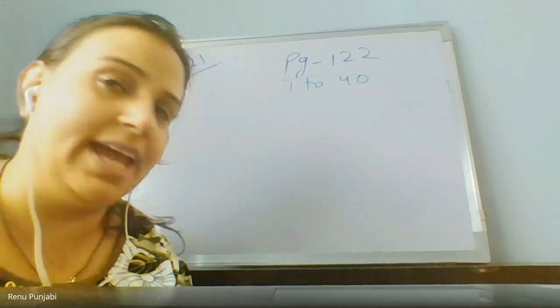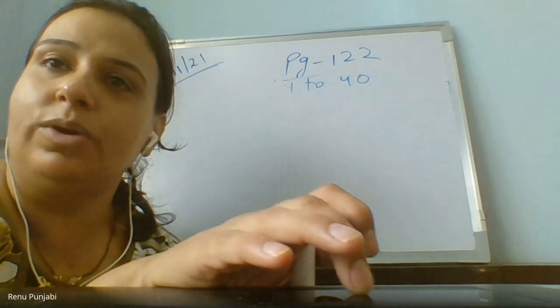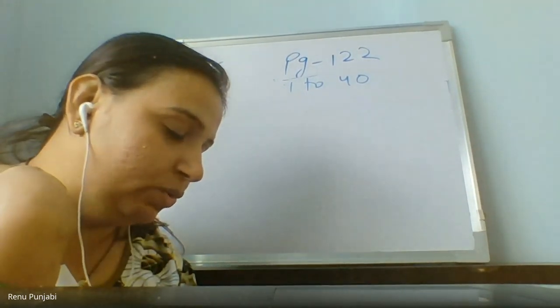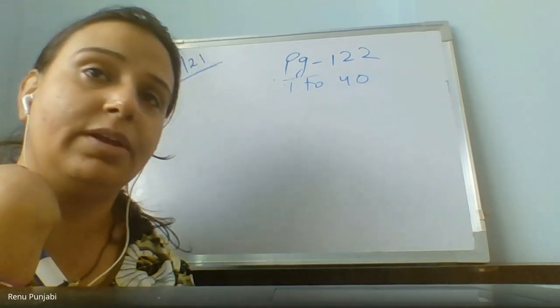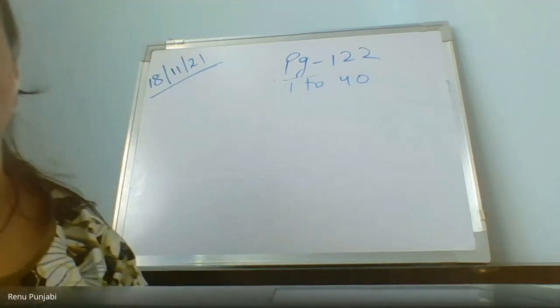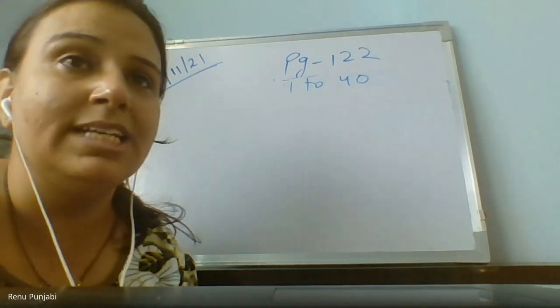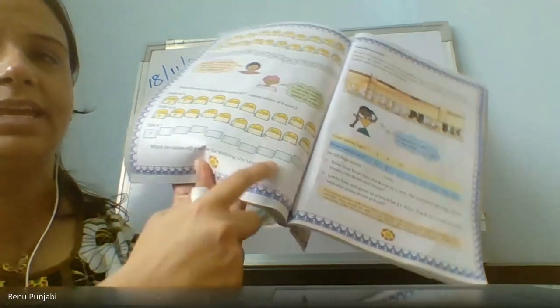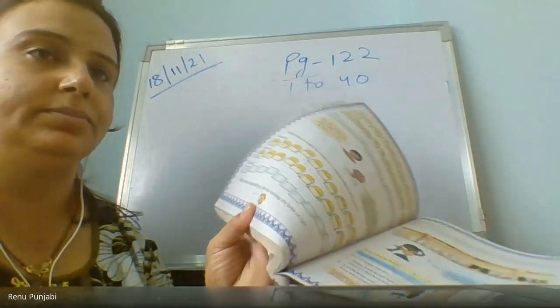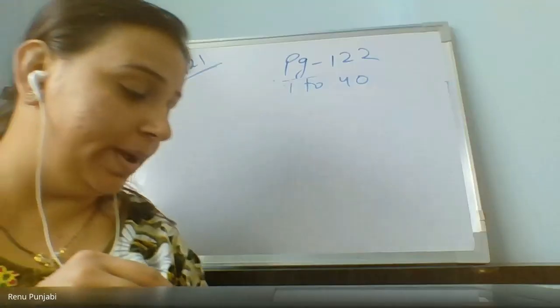See, page number 122, my dear, time is going to get over. Listen to this also. Which two tables will you use to write the table of 12? You will find out this trick, discuss it with me and tell me in the next class. And please start learning the tables. Read the last line: which two tables can you use to find the table of 12?